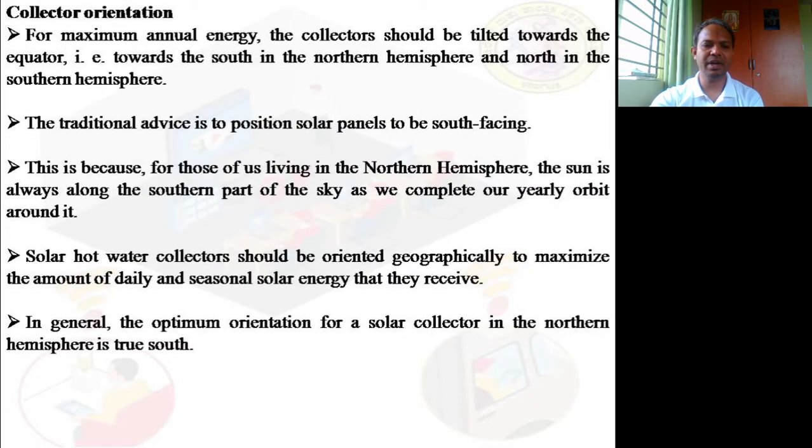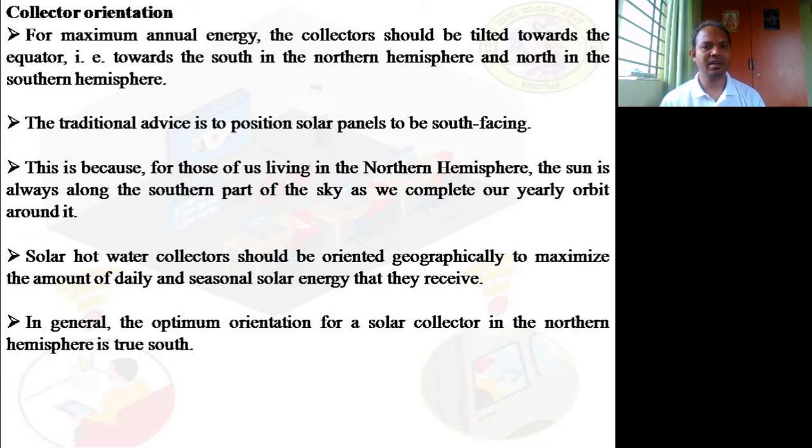Basically, collector orientation. What do we mean by collector orientation? Collector orientation is nothing but in what direction is best for the solar panels. You will not see solar panels placed horizontally, or perpendicularly like this. It is only because the solar radiation falling during the morning time or in the evening time will not effectively fall onto the solar panels. Only if it is inclined like this, it will receive the maximum amount of solar radiation. It is only by research that they have come across this.